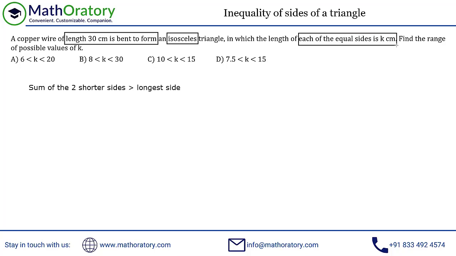Now, before I go into the cases and all, please understand that an equilateral triangle is also an isosceles triangle. So if you have all the three sides as k, k, k, in this case it would be 10, 10, 10 because the perimeter is 30. That can also be claimed as an isosceles triangle. So there is no issue with that at all.